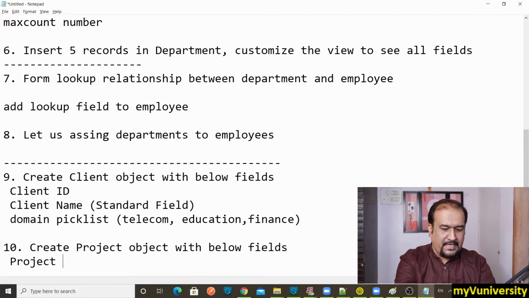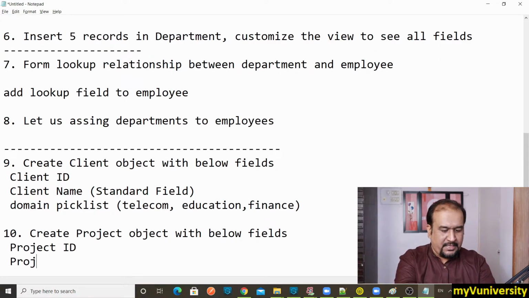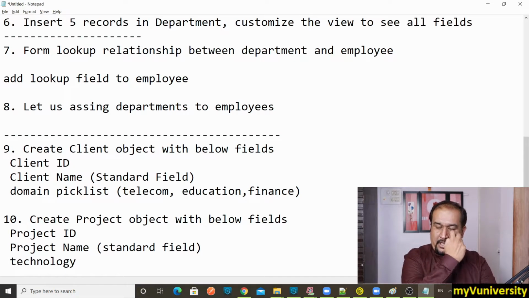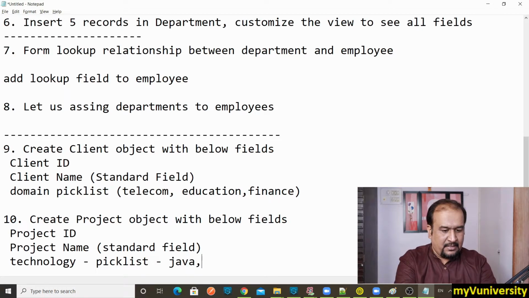We will have project ID. Project name is a standard field. Then we do have technology, meaning in which technology we want to do that project. Just a pick list like Java, .NET, Salesforce, MuleSoft, TIBCO.